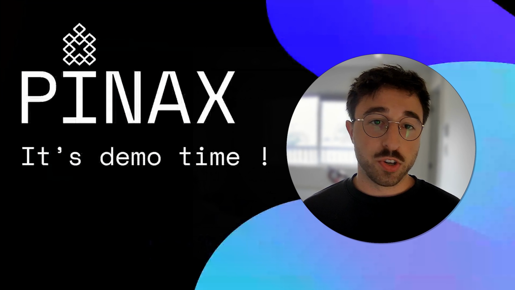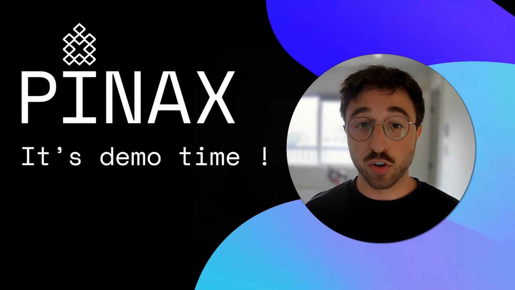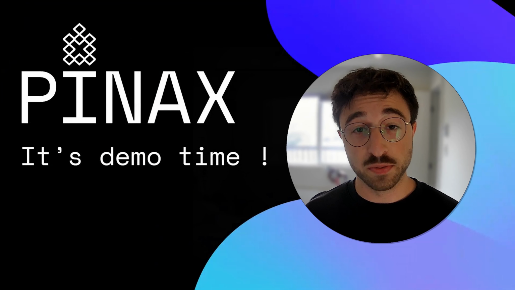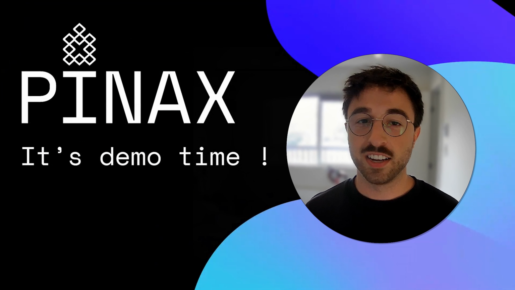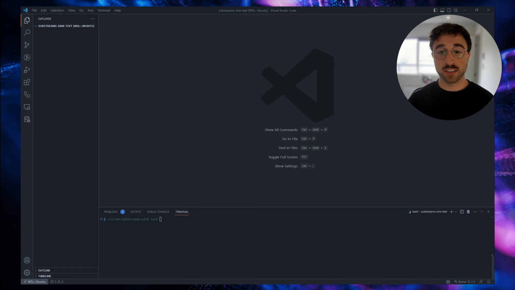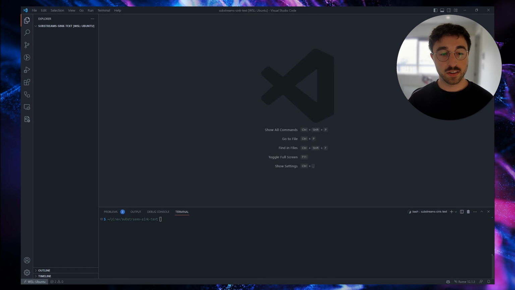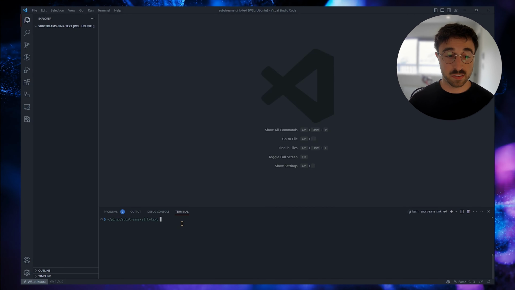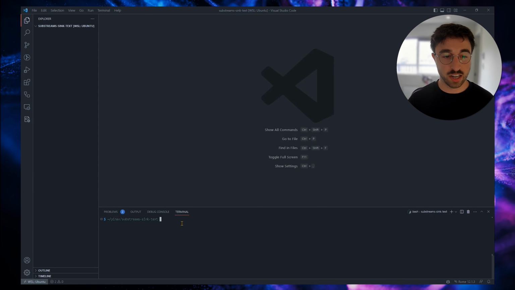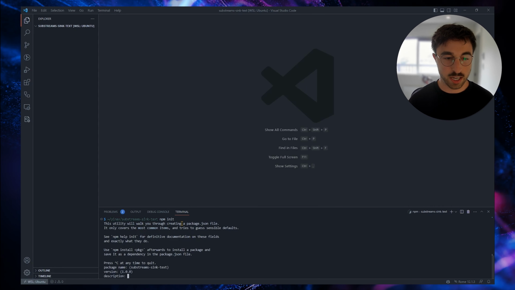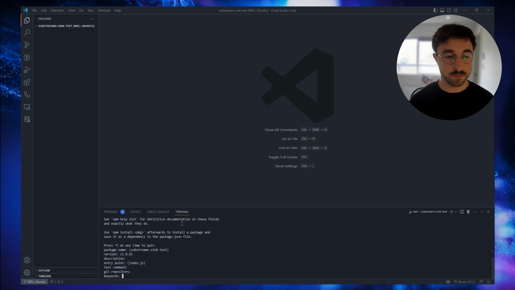Now for the demo, I'm going to show you how quickly, by using the Substream Sync library, you can create a sync from scratch in TypeScript that will print blockchain data acquired through substreams directly into a text file. So it will be kind of a text file sync. So first we need to create our node project that we will call Substream Sync Text. As you can see, I already created a folder called Substream Sync Text. So now I just need to initialize my node project. So I'll run the npm init command.